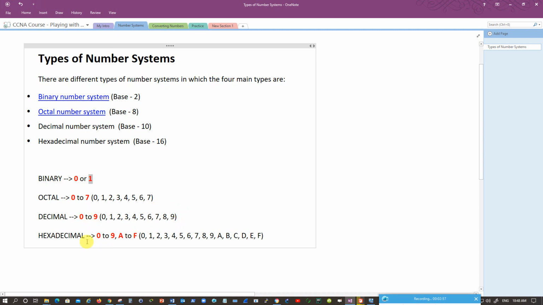Hexadecimal, on the other hand, uses a peculiar or a strange representation of numbers after 9 that you have to remember. It is always represented from 0 to 9 in normal digits, but when it comes to 10, 11, 12 and so on, it is going to replace them with A, B, C, D, E and F, where A being 10, B equal to 11, C equal to 12 and so on.